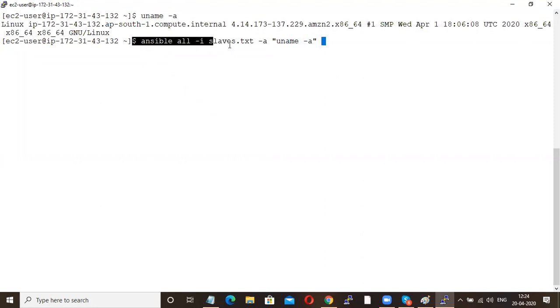I will explain this command. ansible is the Ansible command. all means go and perform this activity on all my slaves machines. -i is your inventory file. -a is argument. You use -a whenever you are running some Unix command, or whenever you are commanding Ansible to do something for you.